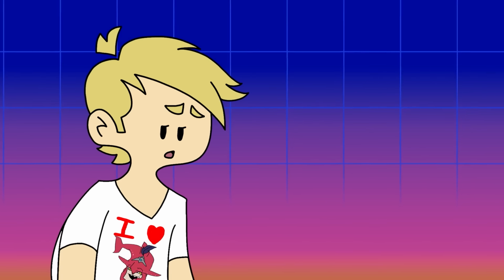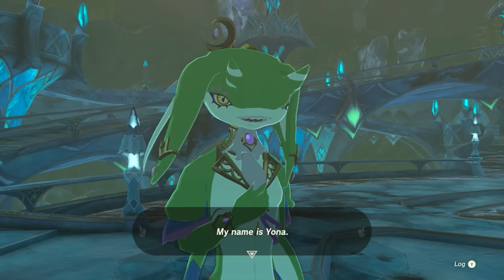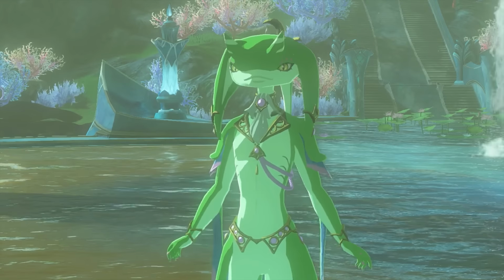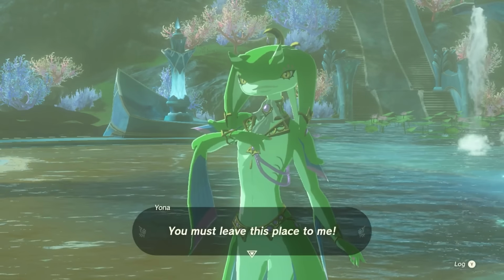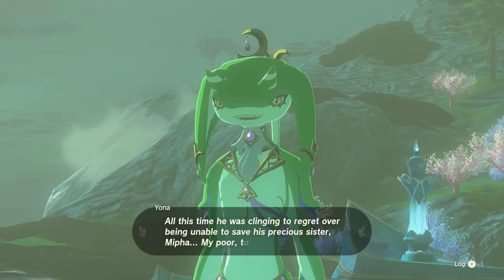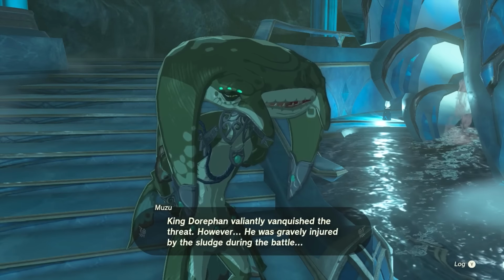Aw, my fish boy. Gonna be completely honest here, I did not trust Yona when I was introduced to her. Something about her just felt incredibly off to me. Felt like she was plotting to overthrow the Zora domain or something. But no, she was completely chill. Still don't trust her, but she can stay. For now. With the help of Sidon, you go on a mini fetch quest for information on how to stop